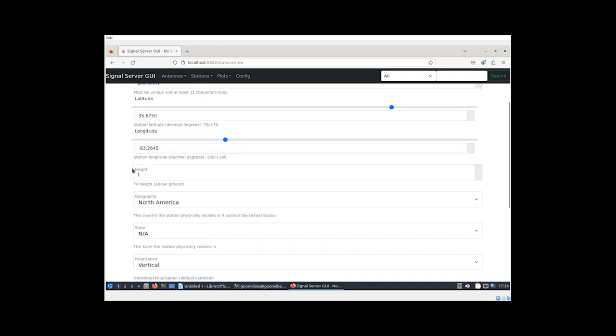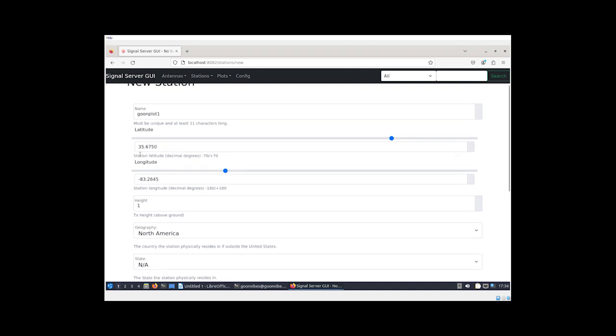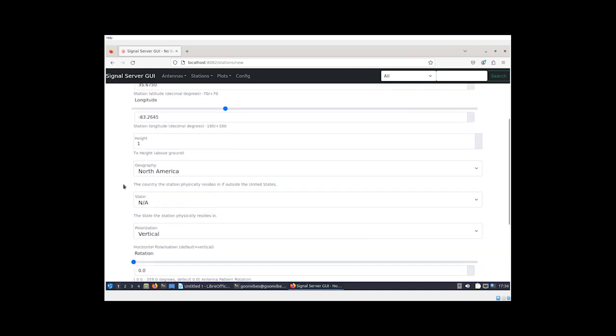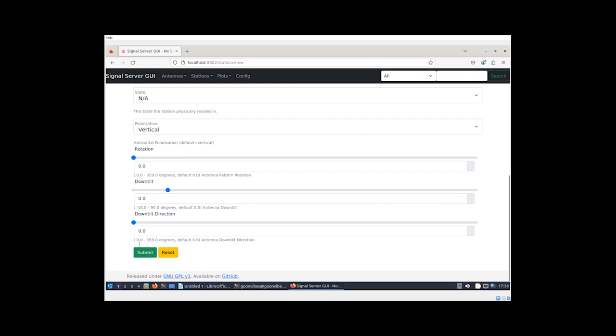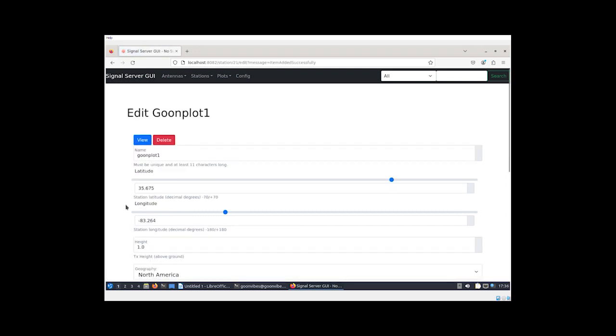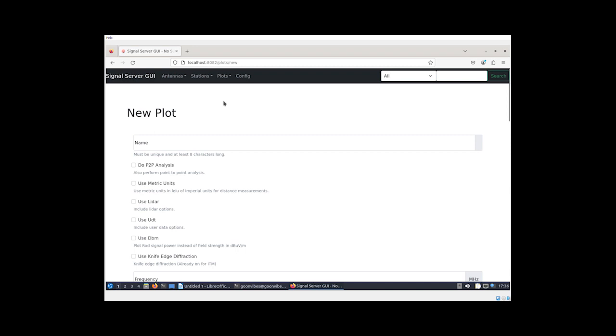Once you have your name and your longitude, latitude, you can come in, and I just leave everything as is. You can really get in the weeds in here and start messing with stuff when it comes to plots, like you'll see. So once we come in here, we'll go to plots, we'll go to new,